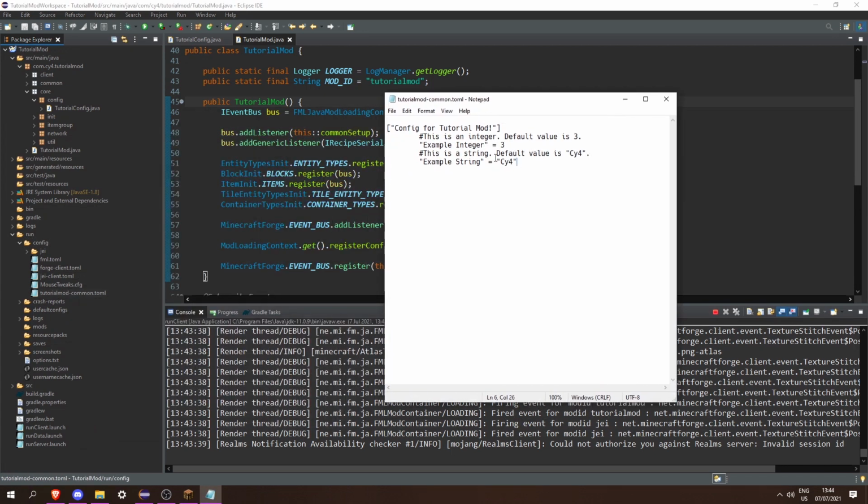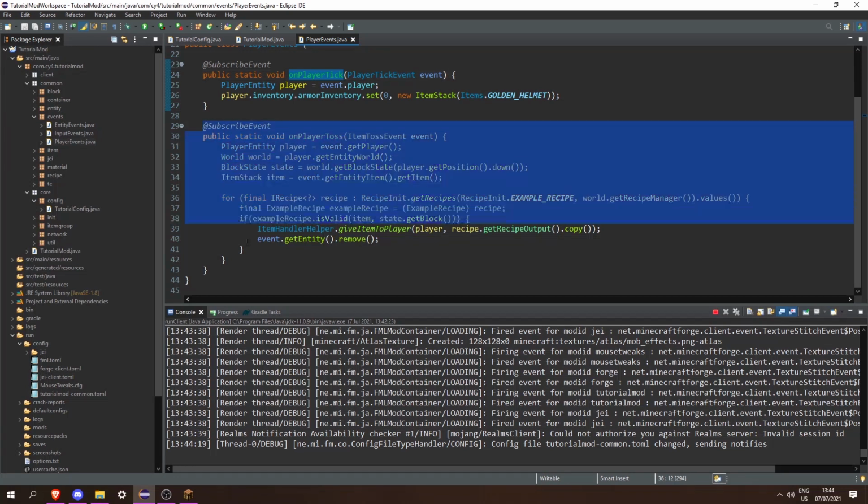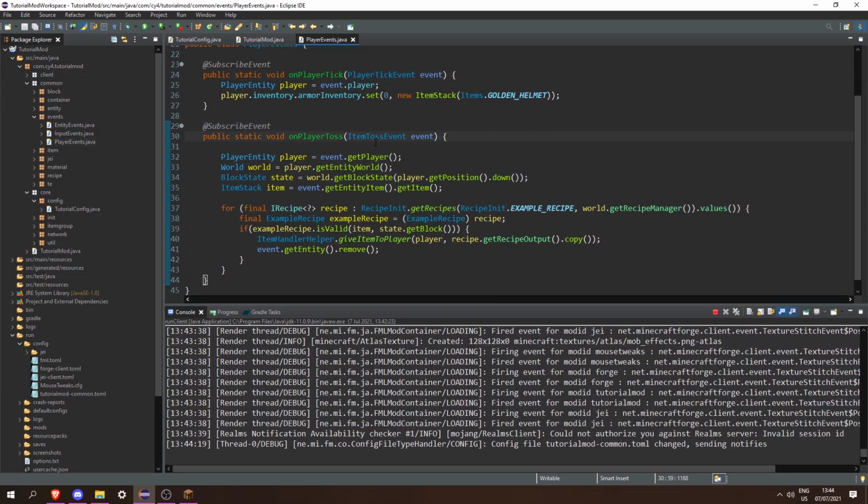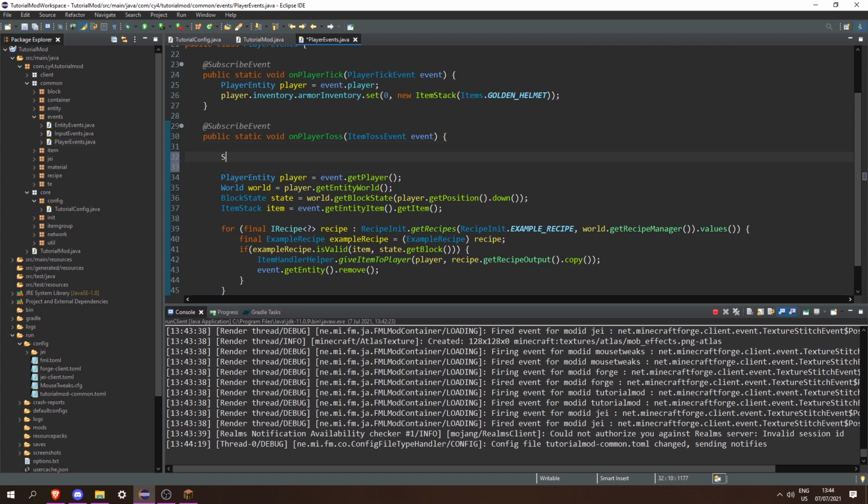And if you open this, you can see that we have "Config for tutorial mod" with our comments and our values over here. So let's set example integer to 10 and change this to CY4 tutorials, and then save this. And we already have this on player toss event, so let's just use this as an example. So when the player tosses an item, we can do